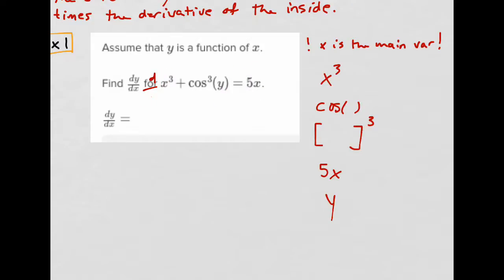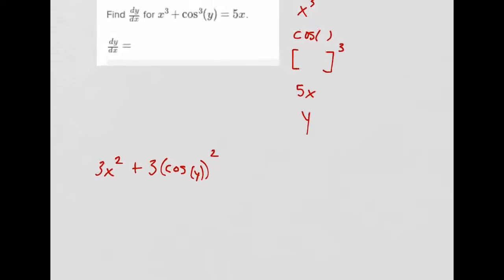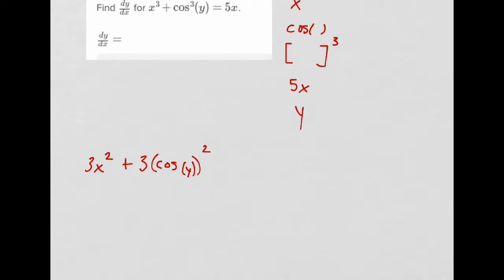So what do we do? Well, we can take the derivative fairly simply of x cubed. That's just using the power rule. So that would be 3x squared. And then this stuff, oh boy. The derivative of the outside with the inside the same. This is chain rule. So I'm going to do plus 3 something squared. The inside is the cosine of y. So that's the derivative of the outside with the inside the same times the derivative of the inside. Well, the inside is the cosine of y. So all times, well, that's another chain rule because we have a function on the inside. Anytime that thing on the inside is different, we have to use chain rule. So times negative sine, derivative of the outside, the inside is y, with the inside the same,